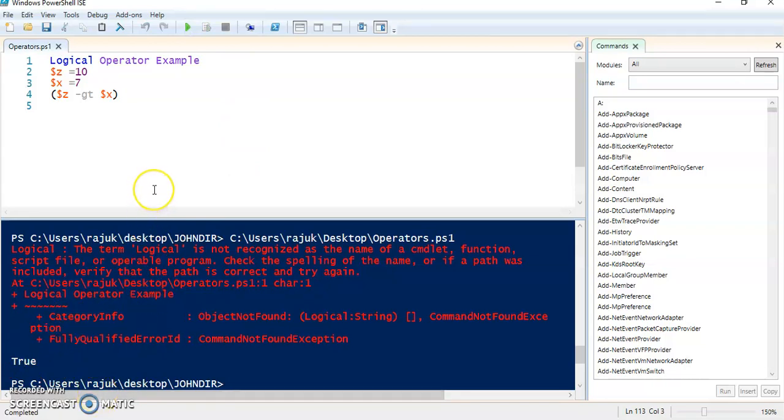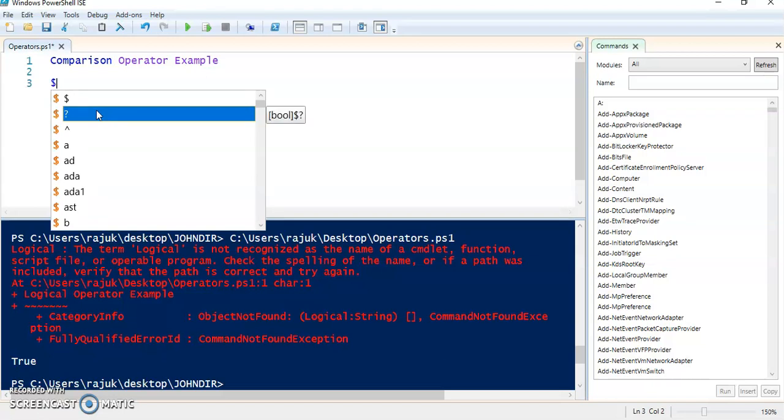And now we have one more operator, the comparison operator. In the comparison operator we will use and, or. Now we are writing a program for that.